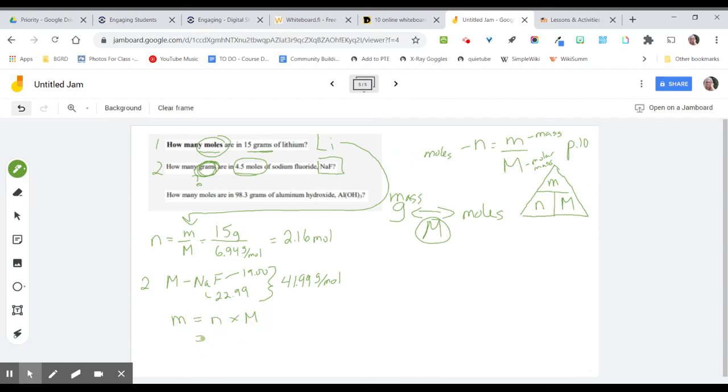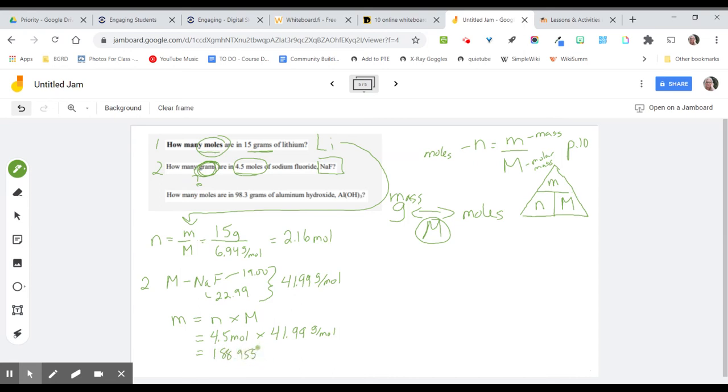Let's sub everything in. We've got 4.5 moles from our question times our molar mass for sodium fluoride that we just calculated, 41.99 grams per mole. And put that in the calculator, 4.5 times 41.99, and it's